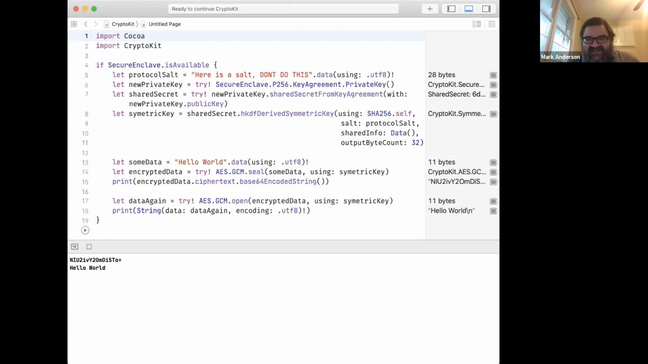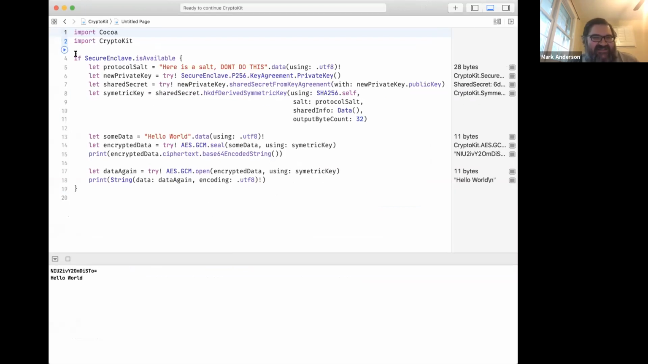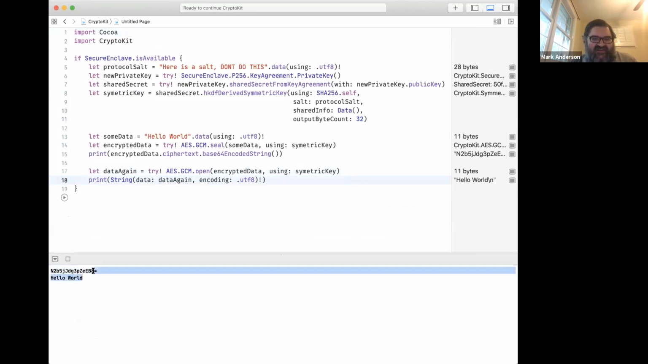So this is the same code, right? And just to prove that I'm not lying to you, we can go through and run this. I don't know if it decided that because it hasn't changed, it's not going to run again, or ready to continue crypto. So yeah, it ran it. Okay, and there you go. So this is the ciphertext I showed in a base64 encoded string, and then that's hello world. If you look on the side,